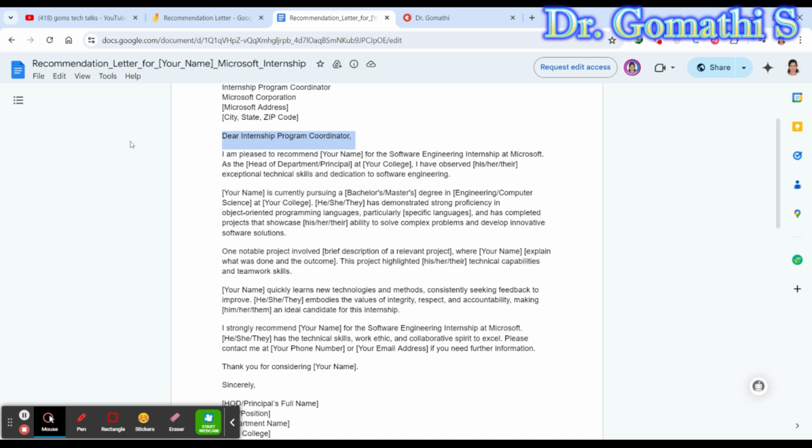That is very important. So, "I am pleased to recommend [your name]." For example, if I am getting the recommendation letter for my internship: "I am pleased to recommend Gomati for the software engineering internship at Microsoft as the head of department or principal." Whatever I have mentioned inside the square brackets, you have to replace. Got it? You should not use the square brackets. You have to replace that with your name, at which college you have studied, and "I have observed his, her